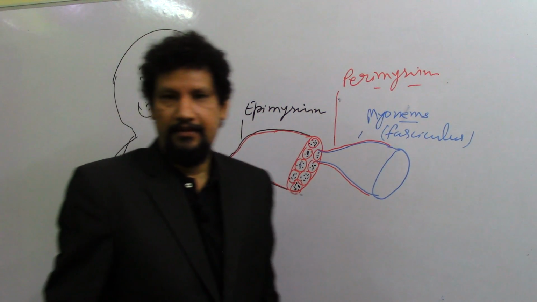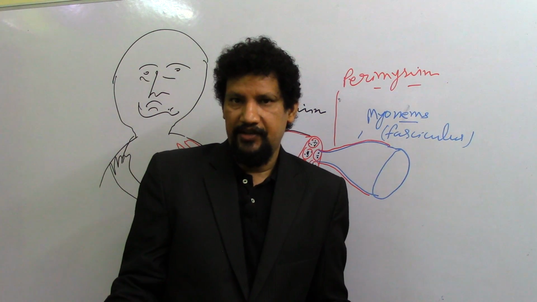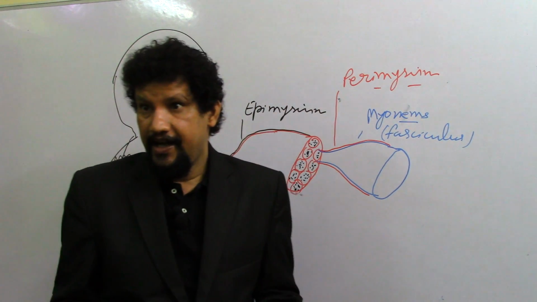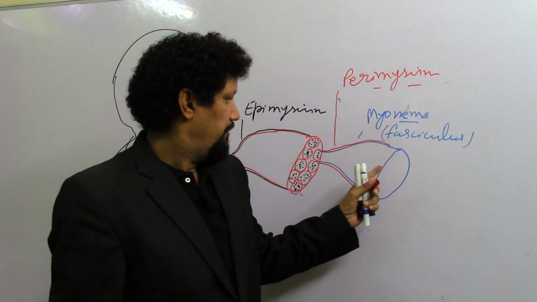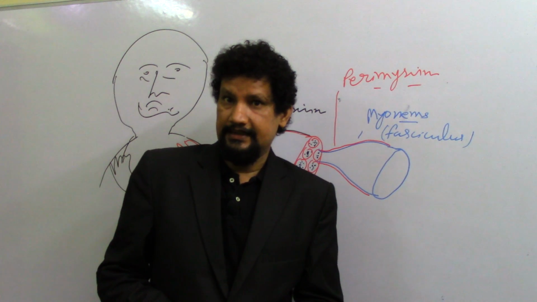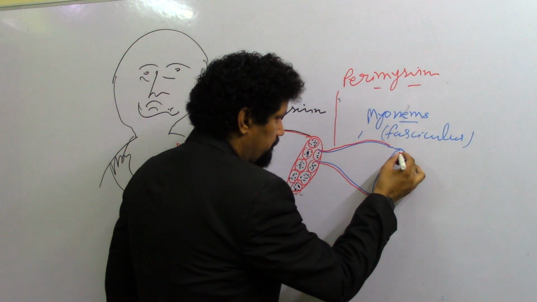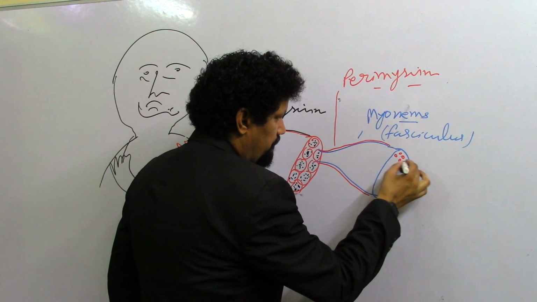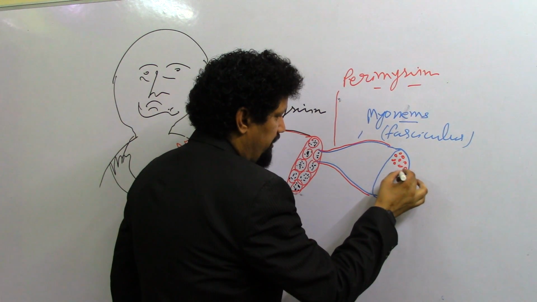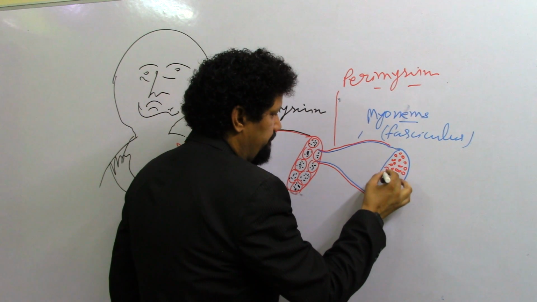Again, this fasciculus or myoneme is having hundreds of muscle fibers or muscle cells or myocytes. These are held together by this perimysium,